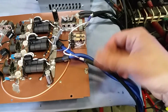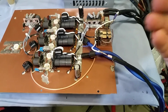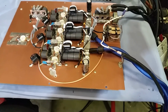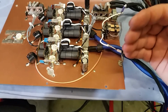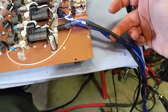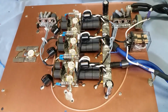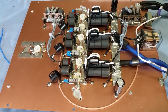So I've got 2 pieces of coax hooked up for the input and the output. I do understand once he puts it into place, the tune could change a tad bit. Hopefully it won't change by much, as long as you keep everything at electrical lengths. These leader lines are cut by electrical length, by their velocity factor. But if there are any issues once you get it into the box